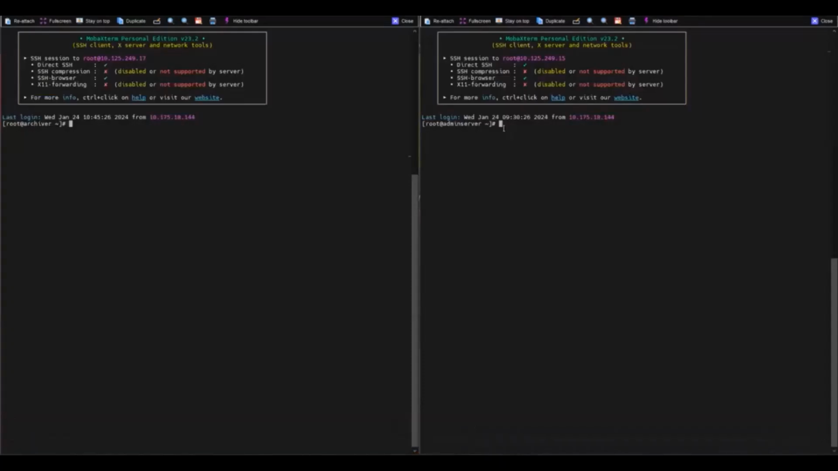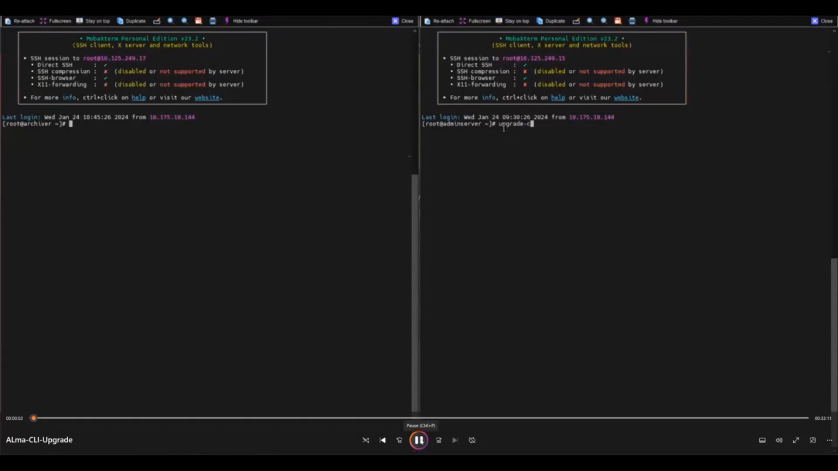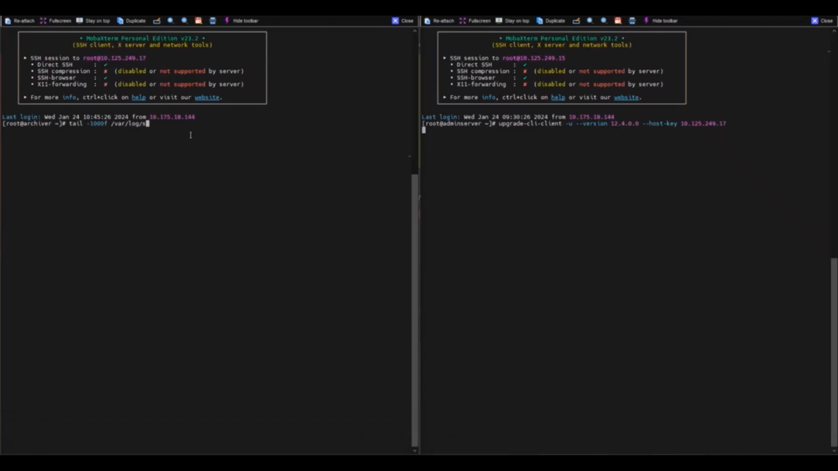As far as a CLI upgrade is concerned from the SSH, the upgrade process happens from the admin server. So we would type in the command that you can see on the screen: upgrade CLI client -u, version is 12.4, and we would specify the host key that we are trying to upgrade. In this case, I'm choosing to upgrade the archiver for this demo. Once we trigger this upgrade, what happens in the backend continues to remain the same. We look at the salt minion logs, where it would start by installing all of the liap packages and their respective dependencies,